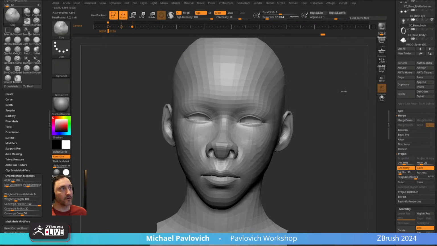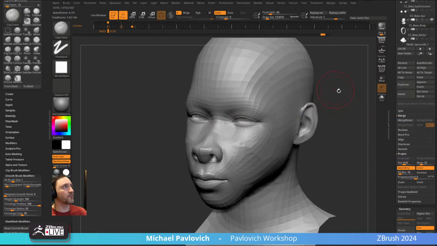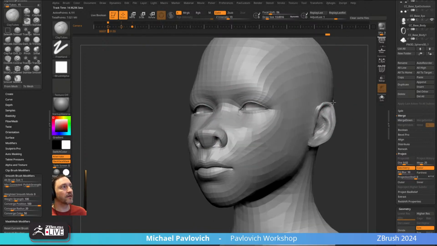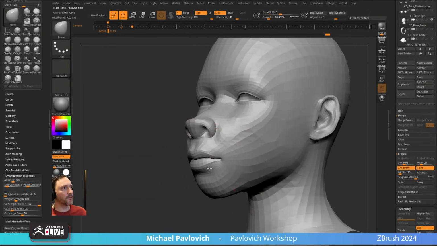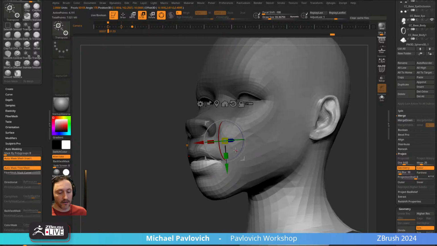So we'll go in here with our clay brush or clay build-up brush. We'll use our clay tubes here, and I'm going to open up this mouth just a little bit here. I'm going to go in here to the move brush with topological auto masking, topological range. I am going to open the mouth temporarily. We can also hit W and control drag down. Again, BT